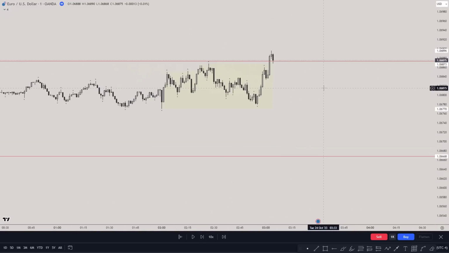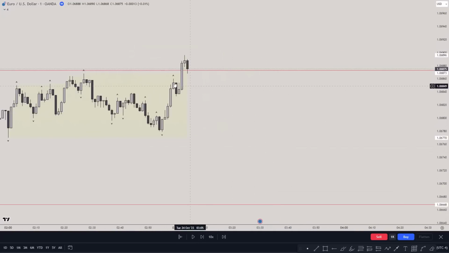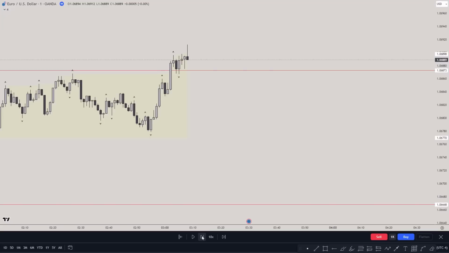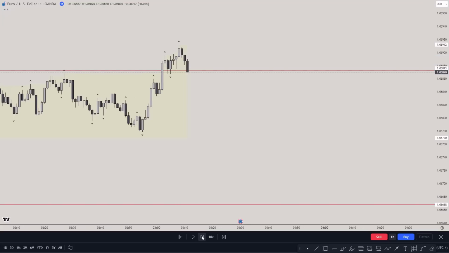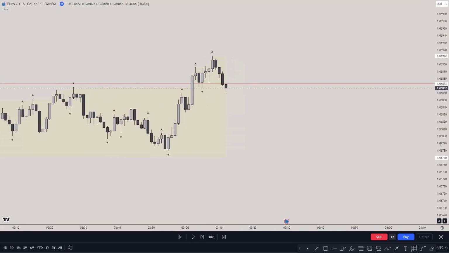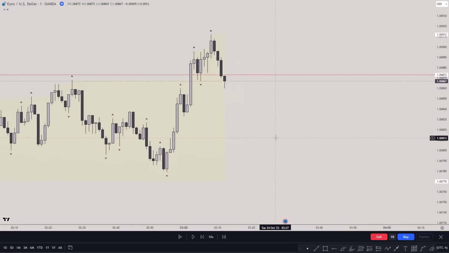And there you go. It's taken now, and it looks like price is coming back into the range. That's a good thing. Still nothing. And price coming back into the range. Yeah, there you go. So right here, if I was inexperienced, what I will do is I would enter from